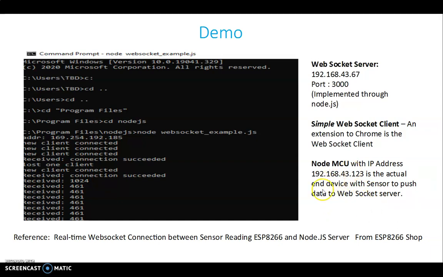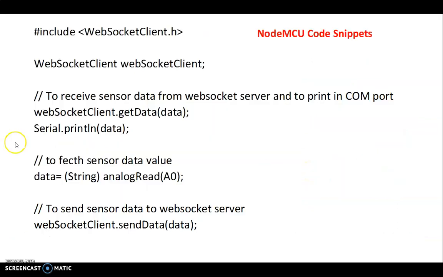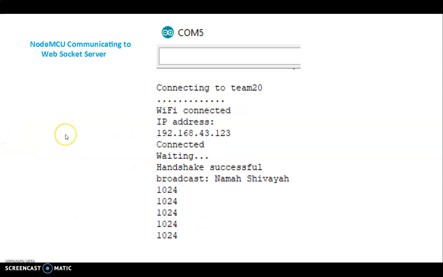Now you can get the data from the NodeMCU client, which will be putting the data to the server, which is running as part of Chrome. The code and explanation is here.